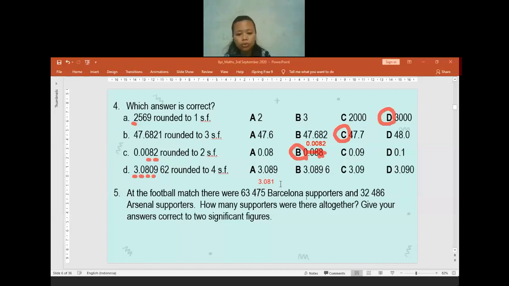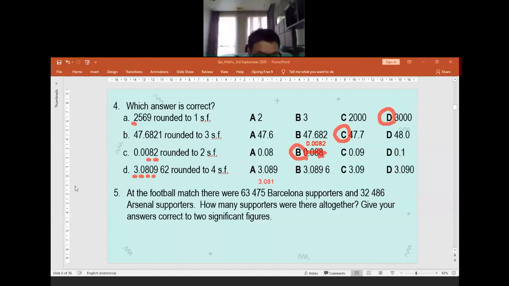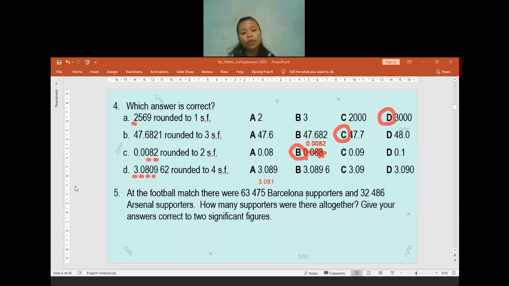Later I will try to edit the file first before I give it to you, because later I will also attach the questions for the checkpoint. Along with this file, I already attached some questions, no need to submit for this one. Yesterday I already gave you a PowerPoint, which is your homework: some questions from the workbook and one slide from yesterday's PowerPoint. For this one, no need to submit because we already discussed it. I believe all of you will pay attention and copy the answer. So please, no need to submit.